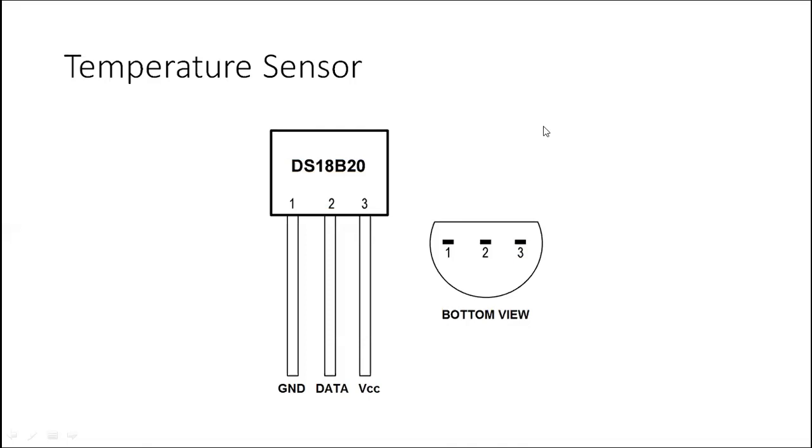Pin configuration. Ground you can connect to any of the grounds. There are some 6 grounds in your 40 pin header. You can connect to any of the grounds. And for VCC, the temperature sensor requires 3.3 volts. You can connect your VCC to 3.3 volts. If it is 5 volts, they will give a specification when you purchase a temperature sensor.